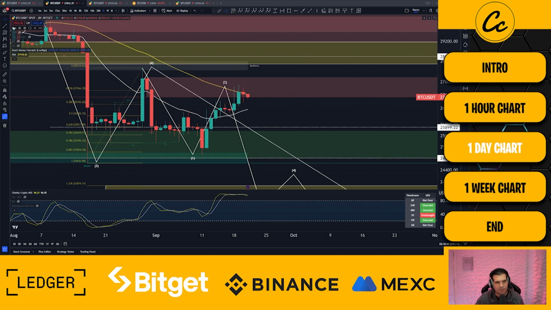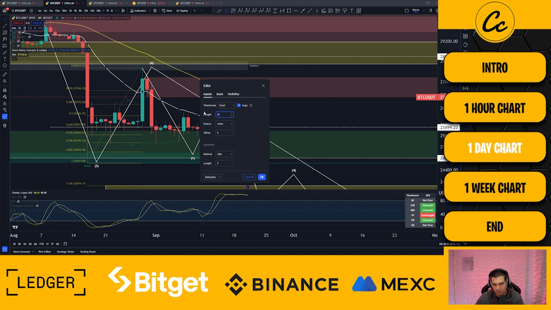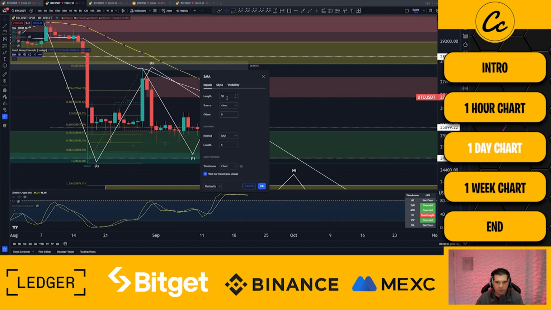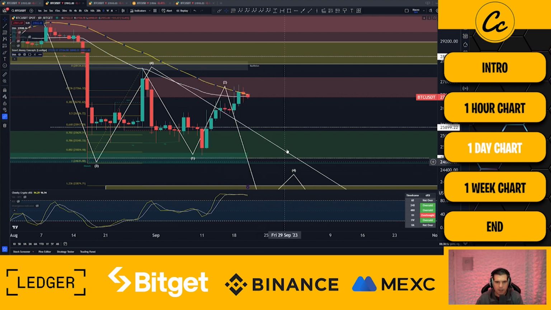And again, if we were to flip those around, we'll take this and put it into a 50 EMA, and then we'll go to the simple moving average and turn that into 21. Again, we can then see how things are stacked slightly differently, right? So you can mess around with these and find different time frames that might work for you and all those kind of things.